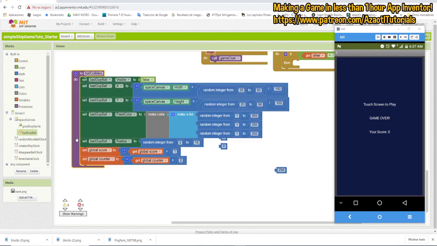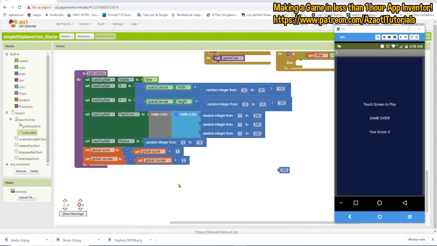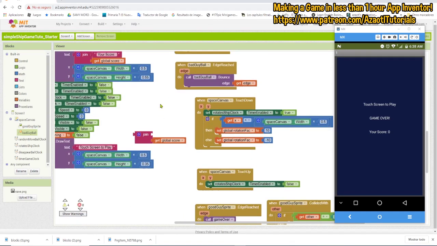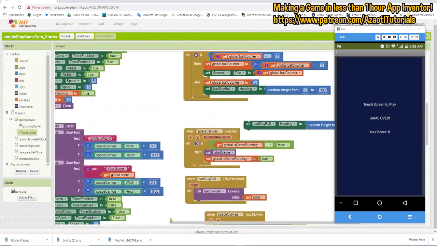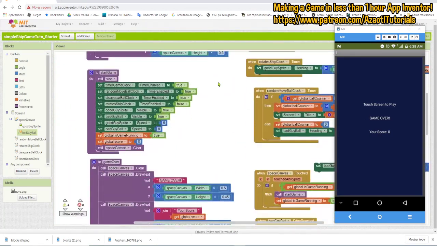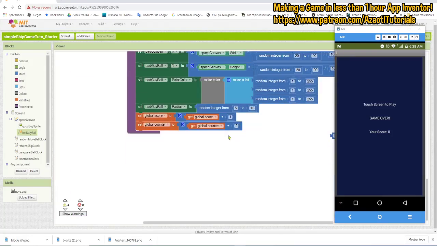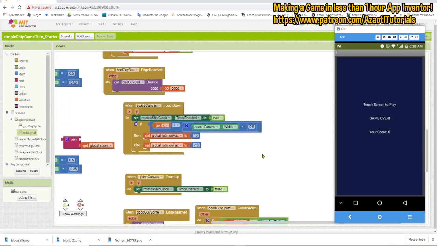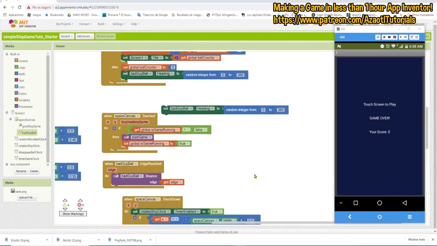So also we are going to disable, because okay, we're going to disable the disappear ball clock. Remember the disappear ball clock? I guess we have something here for the disappear ball clock. Oh, we haven't had anything. Okay, that's good. Well, this clock is going to help us to again activate this